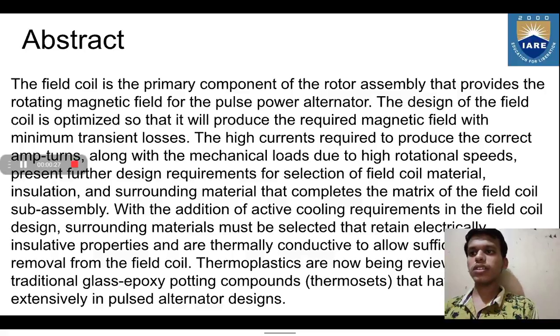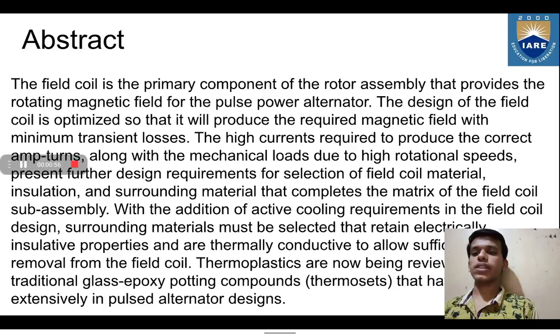The field coil is the primary component of the rotor assembly that provides the rotating magnetic field for the pulse power alternator. The design of the field coil is optimized so that it will produce the required magnetic field with minimum transient losses. The high current required to produce the ampere-turns, along with the mechanical loads due to high rotational speeds,